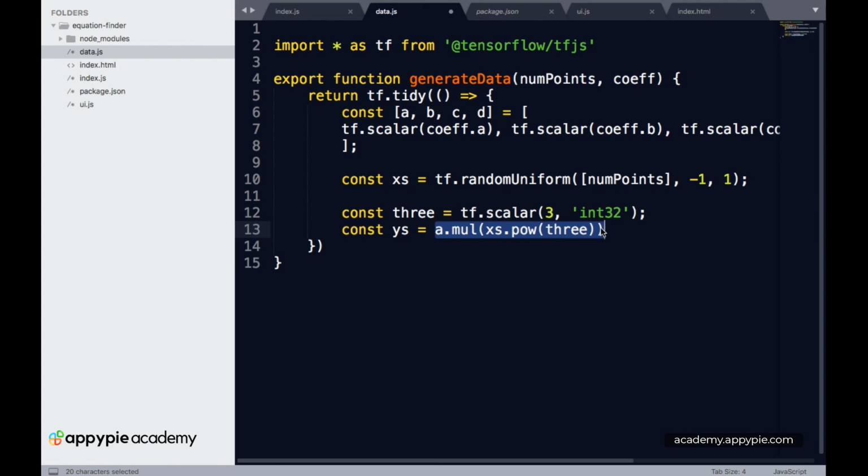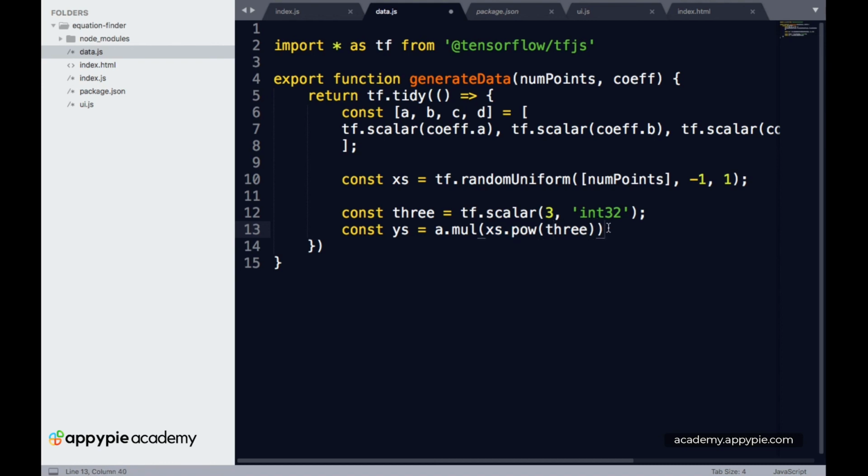So over here we are doing the ax cube part. So this is a into, which stands for multiply. As we are multiplying two tf.scalars, that is why we need the mul function, and then ax cube. So for that we have xs, and then we have the cube, so we have power 3.